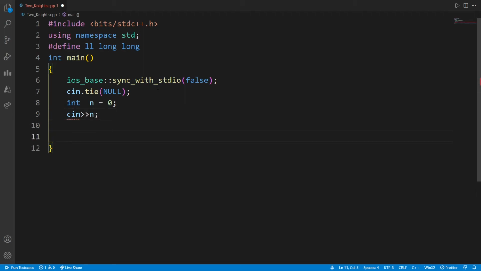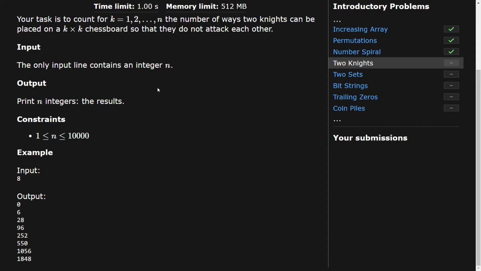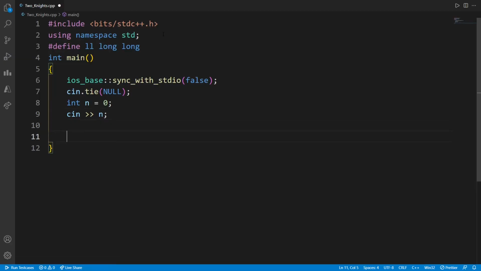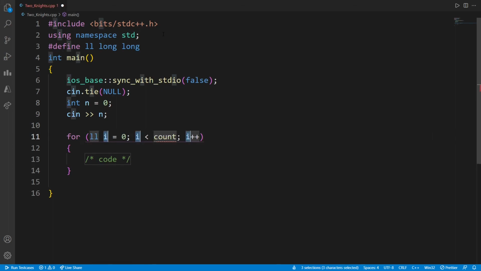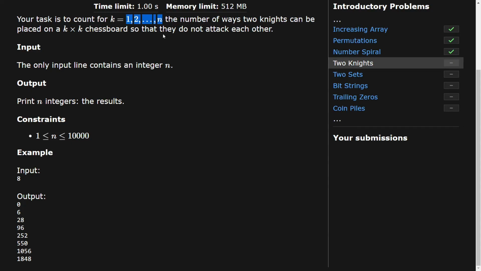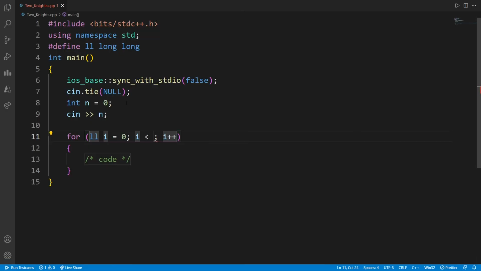Now we need to do it for 1 to n. That means a loop, or let's make it long, and we'll go up to the number, starting from 1 to n.